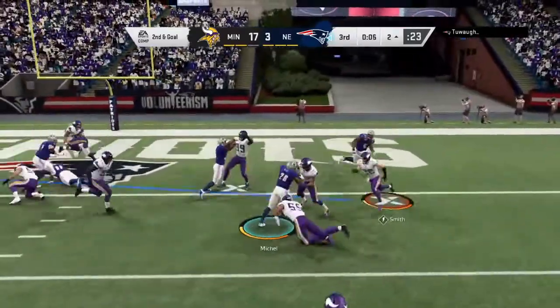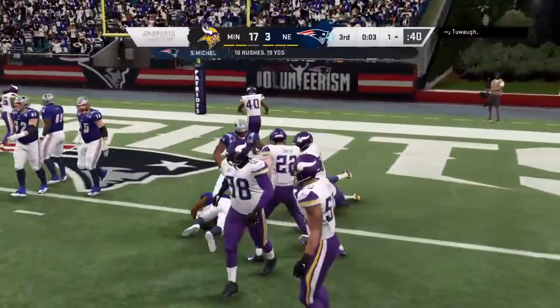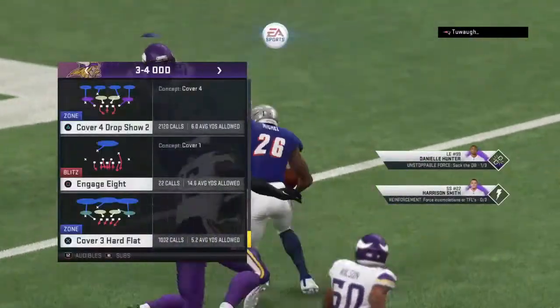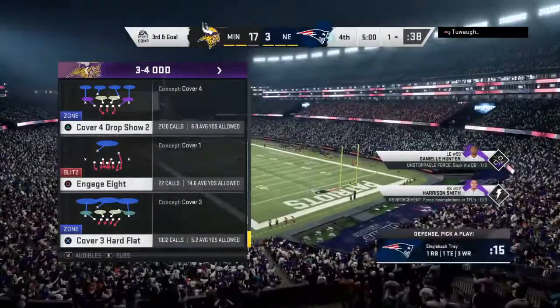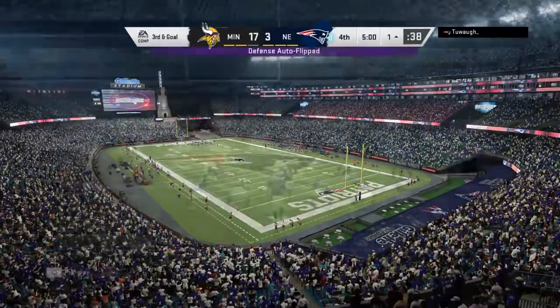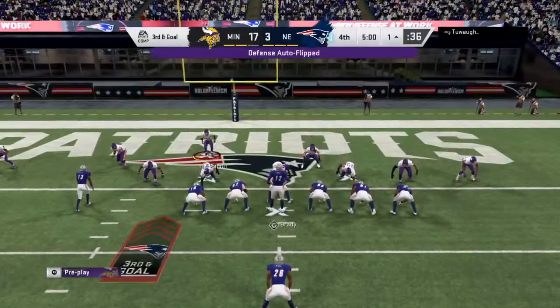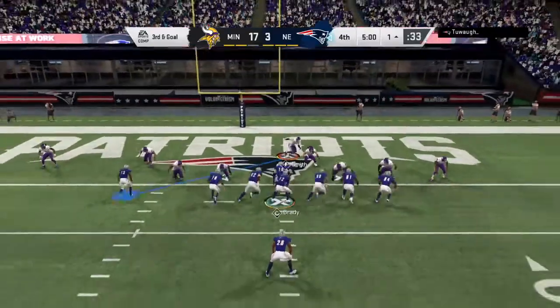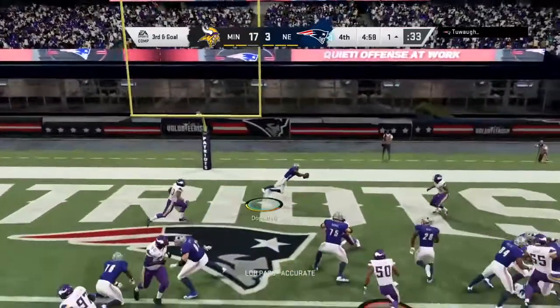Michel going to try again. And he pushes forward but comes up short of the goal line as he'll get a yard, down to about the 1. Well, they certainly had success throwing the ball in this drive, and not as much running it, as we just saw once again on that last play, stopped after a very short gain. But I wouldn't abandon the run totally, because otherwise...